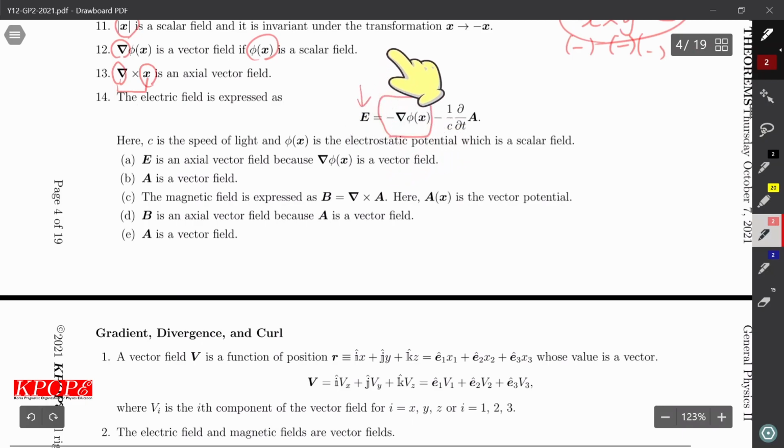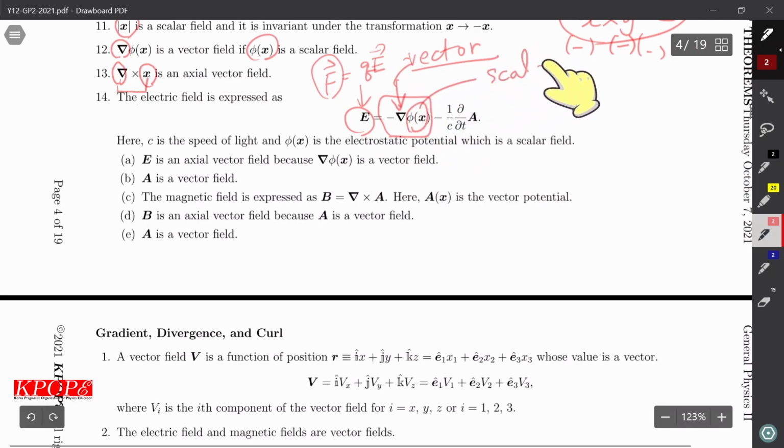So the electric field is a vector because charge times electric field is a force, and force is a vector. The gradient operator is also a vector, and phi is a scalar. Because E is a vector and F is a vector,